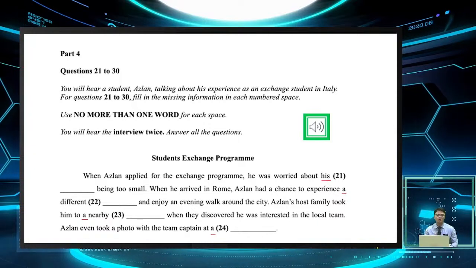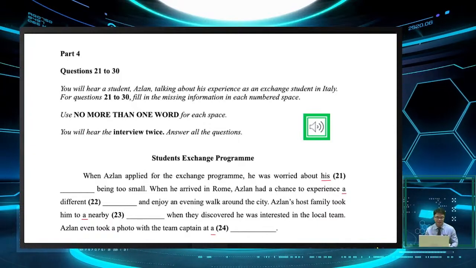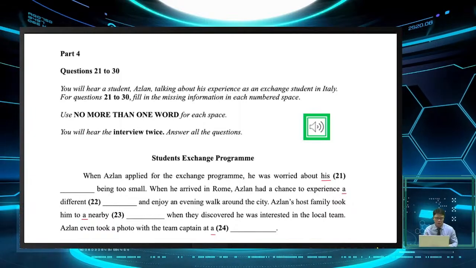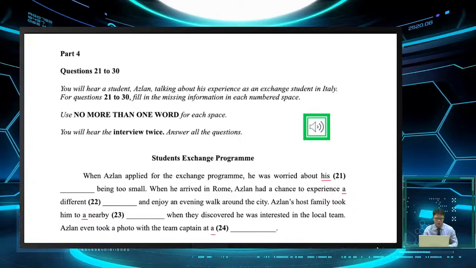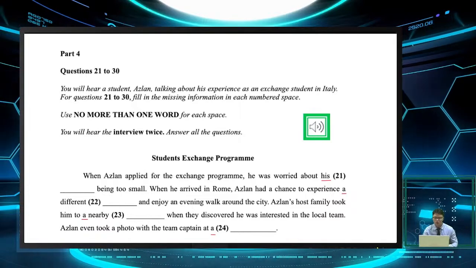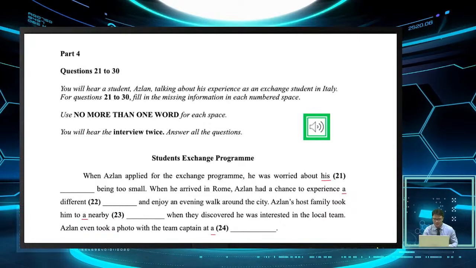And then Azlan even took a photo with the team captain at. Here, based on your reading, by predicting the text, which is one of the skills of listening, you definitely know what you're looking for. For example, question 23, you know it's going to be a place. And then for 24, it's also going to be a place. So now,